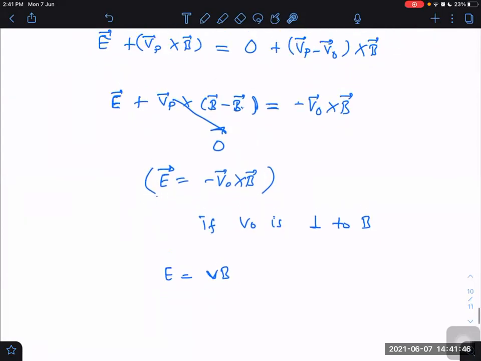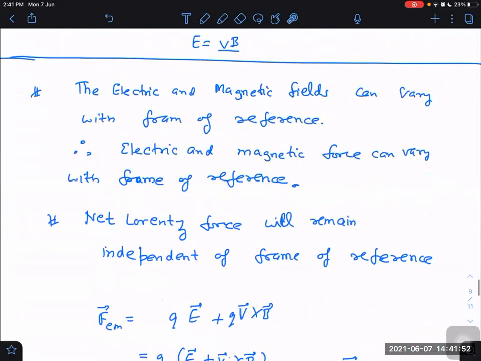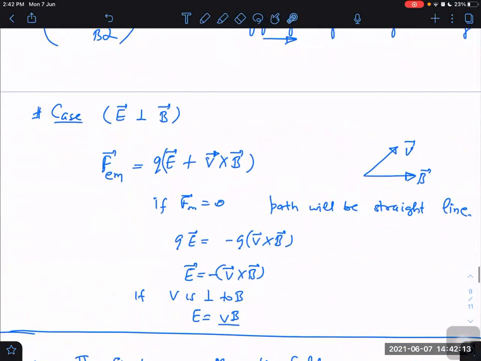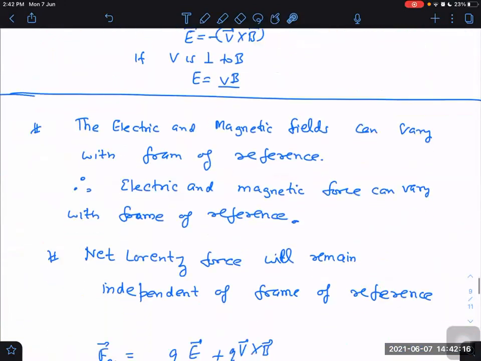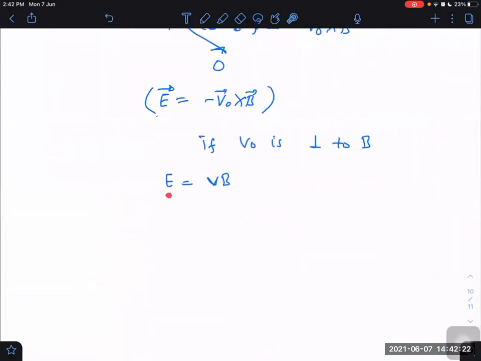Once we have done that much, this will help us in solving the problem where E is perpendicular to B. Although E exists, I can make E vanish. I can go into a frame where E becomes 0. Once I go into that frame, the path is so simple, just a circular path. And circular path questions you can answer very easily, because you are already familiar with such a path. So we can do such problems easily now by changing the frame. And changing the frame is not very difficult. Just put E is equal to VB, if I have chosen the velocity of the observer to be perpendicular to B.